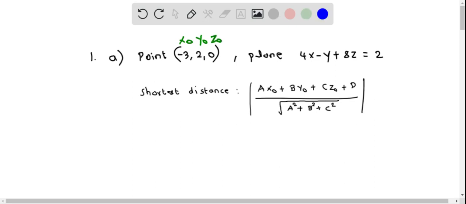And then I write the coefficients of x, y and z in the plane equation: this is a, that is 4, b is -1, and c is positive 8, and d is, if we bring this -2 to this side, d will be -2. So I put d equal to -2. Now let's use this formula and find the shortest distance. So we write shortest distance,